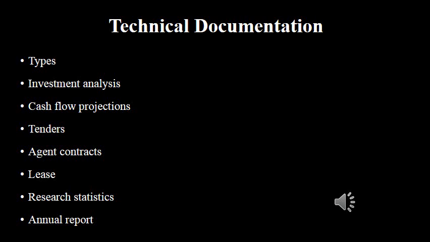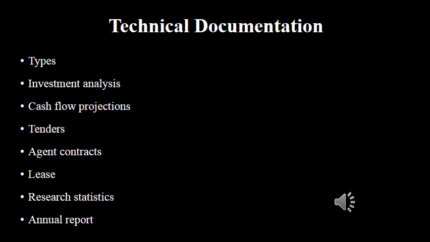These persons present the scientific information and know-how needed to develop, produce, maintain, or use a form of technology. These documentations can be in the form of models or prototypes, drawings, sketches, diagrams, blueprints, manuals, software, etc. So these are all the ideas about documentation. There are different types of documentation. We have tenders, agent contracts, releases, staff needs, forecasts, marketing, research, statistics, annual general reports, etc. These are some of the important types of technical documents.